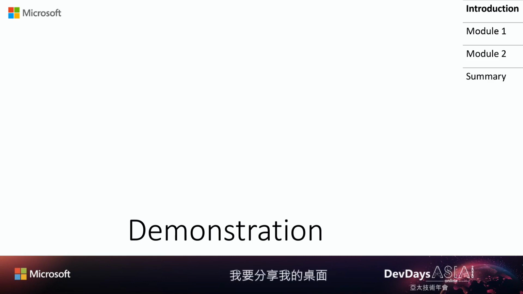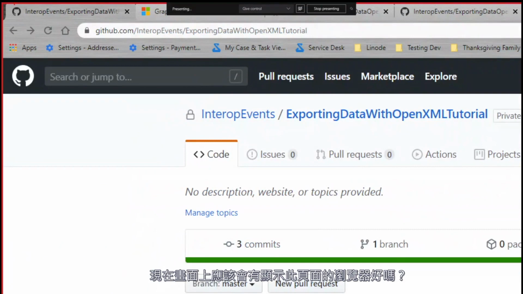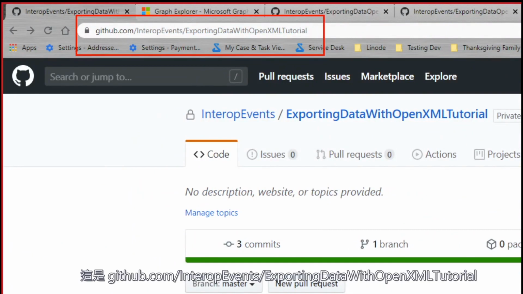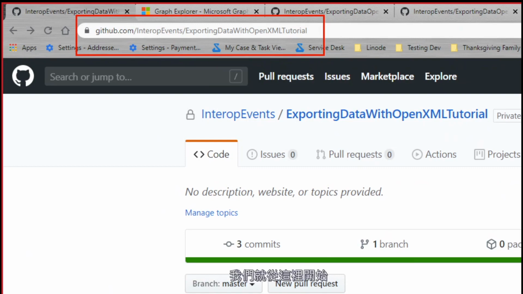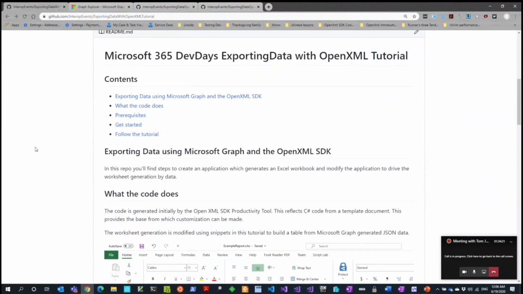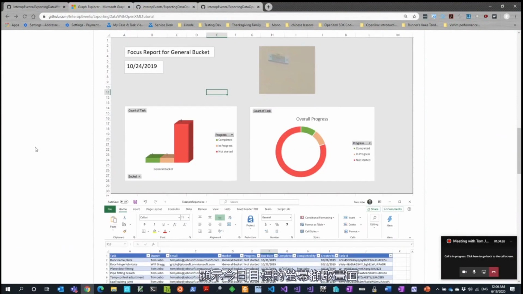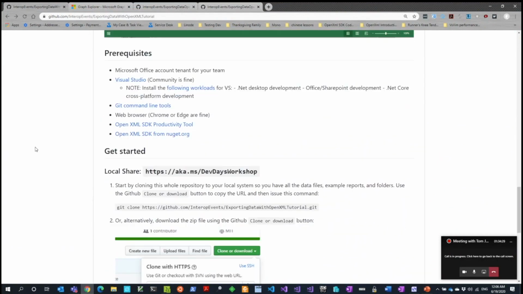Okay, I'm going to share my desktop, and we're going to work through the tutorial. If you're following along with me, you should be in a browser looking at this page here. Okay, this is github.com, interop events, exporting data with OpenXML tutorial. This is where we start. And if you go here, you're going to see a README. And the README gives a little of the background I just talked about, screenshots of what we're aiming for,